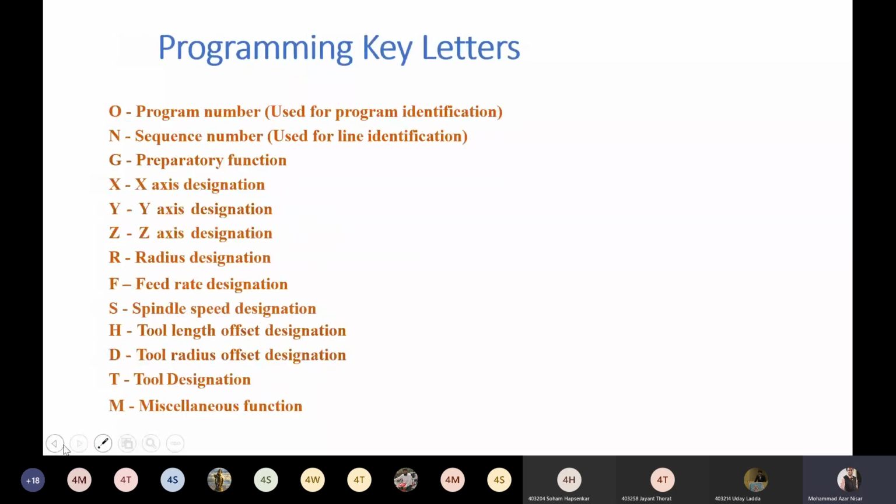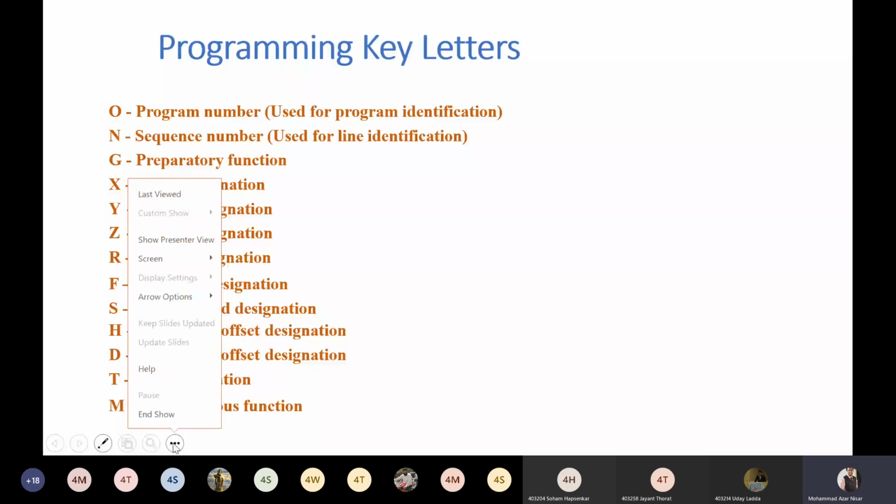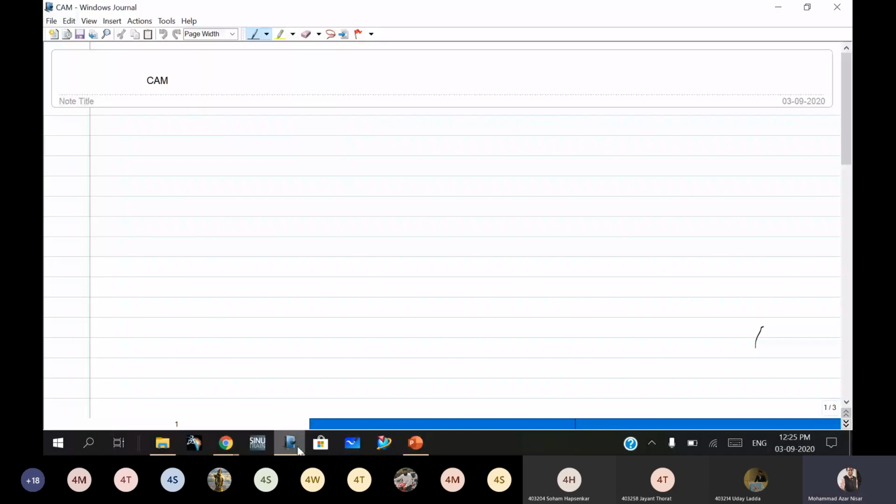I will first explain what H is used for, what D is used for, and what tool compensation is for. Suppose you have a number of tools: one tool is of length 75, another is 100, and another is 25.